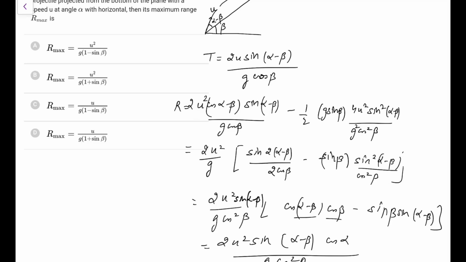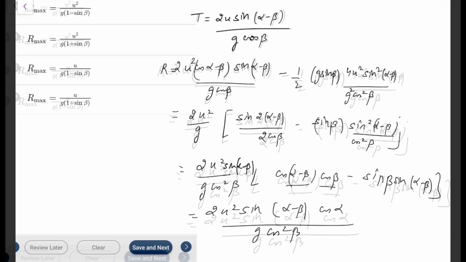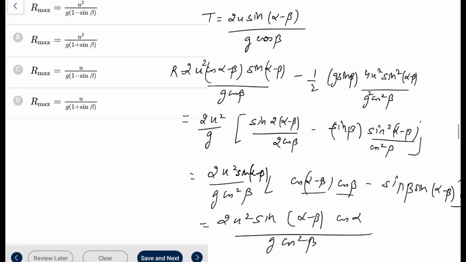So for maximizing it, beta is fixed. Now it's getting tough. Now what we can do here, you can write it as 2 sin A cos B. I think this is too much trigonometry for you. This will basically become u square by g cos square beta, and this 2 sin A cos B thing would be sin of A plus B plus sin of A minus B. That will give sin of 2 alpha minus beta, plus sin of A minus B, that will give sin of minus beta, that is minus sin beta.